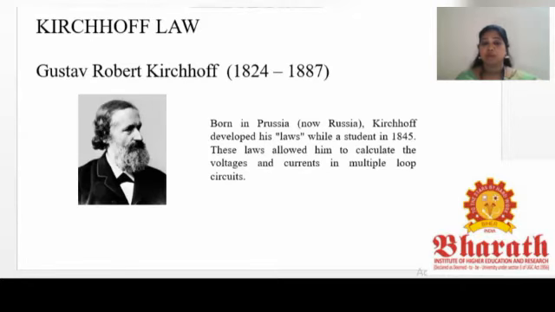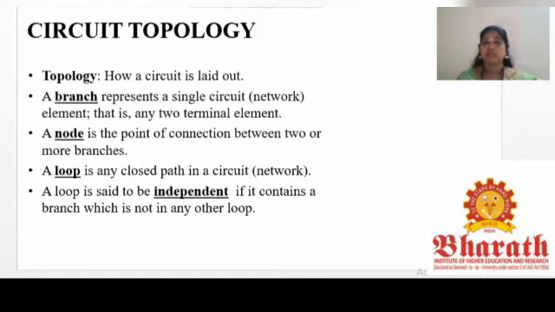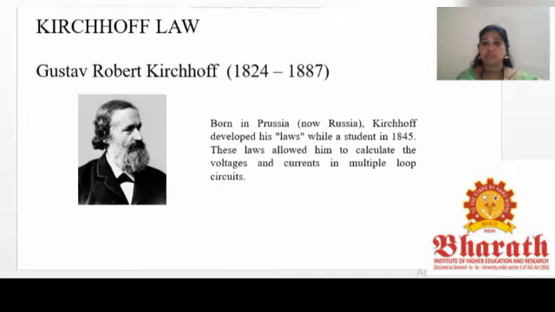So Kirchhoff's law. Who found this law is Gustav Robert Kirchhoff, who lived between 1824 and 1887. He framed two laws. Under Kirchhoff's law, we have two laws. He framed this law for multiple loop circuits. Under multiple loops, we are going to have different voltages and currents in the loops, so we have to find the voltage and current in multiple loop circuits. He has framed the laws. So we have two laws under this: one is Kirchhoff's voltage law and the other one is Kirchhoff's current law.